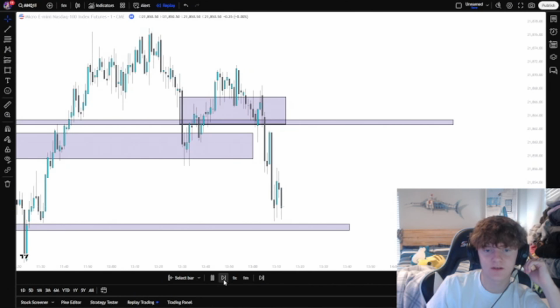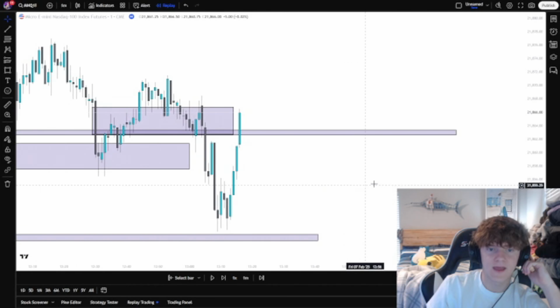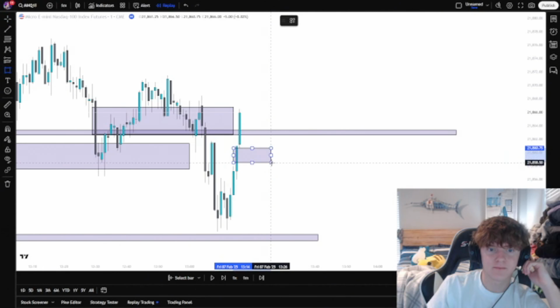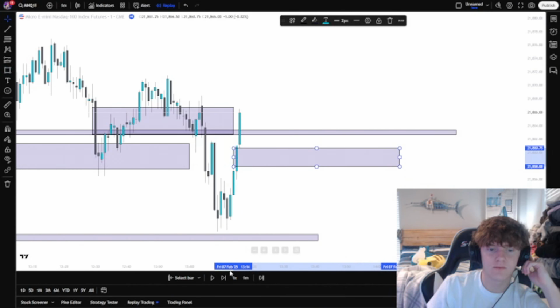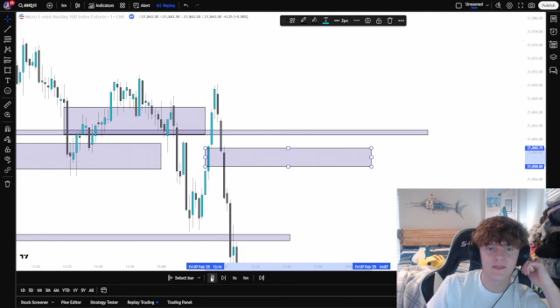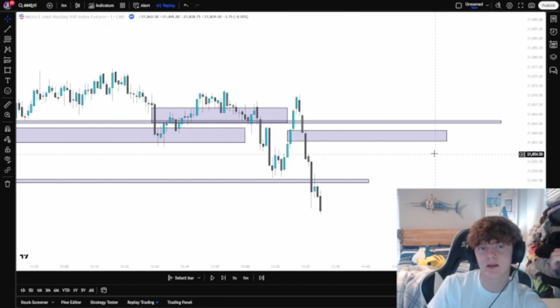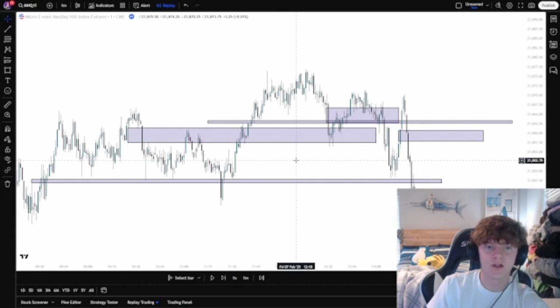And as you guys can see here, once we inverse that fair value gap, we look for short positions. Now we created a bullish fair value gap. What are we going to look for now? Long positions. That inversed it. What are we looking for now? Short positions. But again, we don't really trade this late during the day, because the closer to the morning it